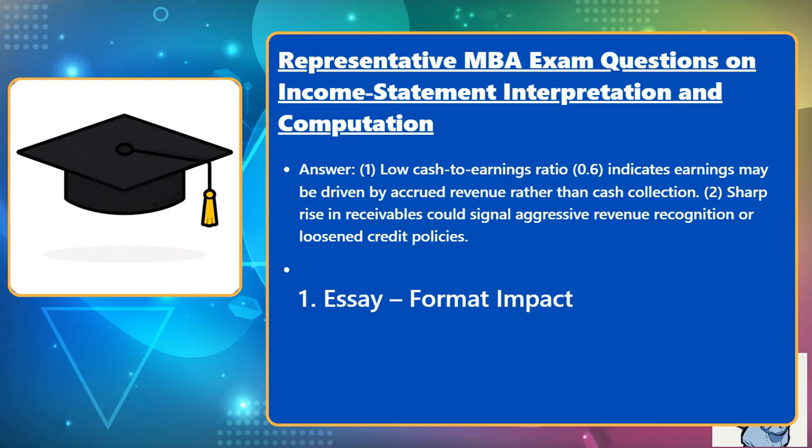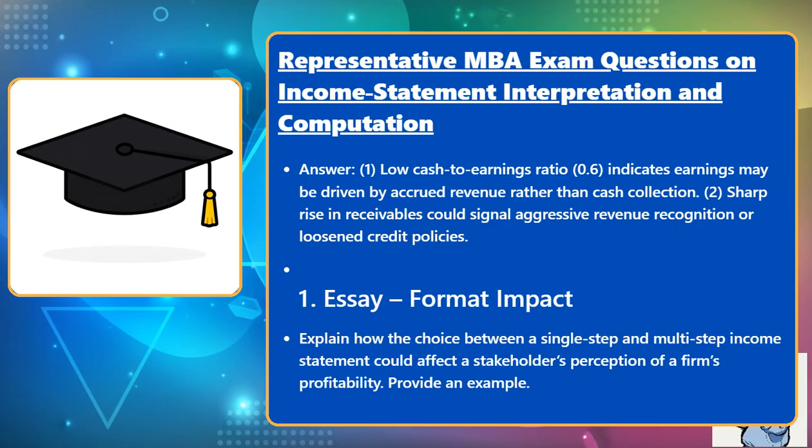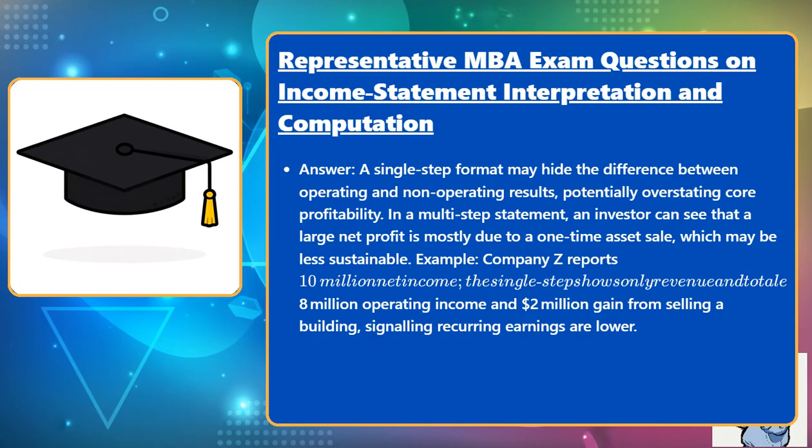5. Essay, format impact. Explain how the choice between a single-step and multi-step income statement could affect a stakeholder's perception of a firm's profitability. Provide an example. Answer: a single-step format may hide the difference between operating and non-operating results, potentially overstating core profitability. In a multi-step statement, an investor